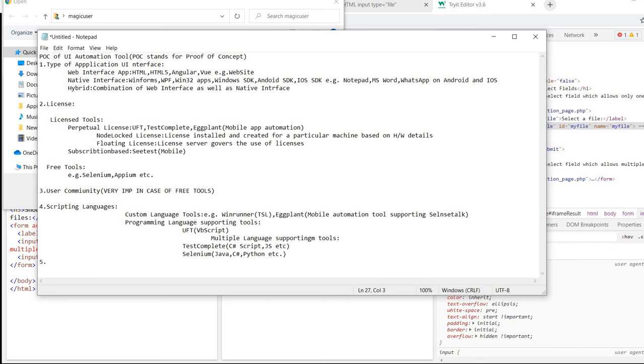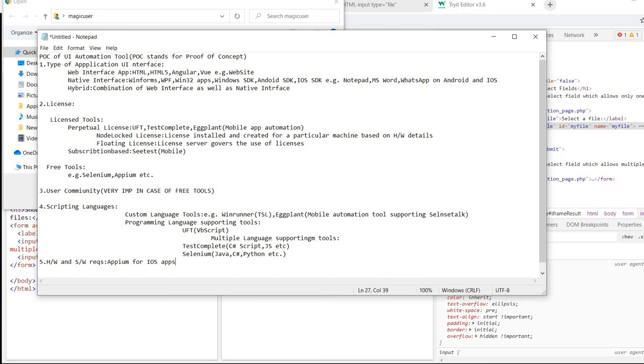Fifth is hardware software requirements. Many a time a tool doesn't charge you money for the license, but for the hardware and software requirements of that tool you may need to invest money. For example, Appium for iOS apps.